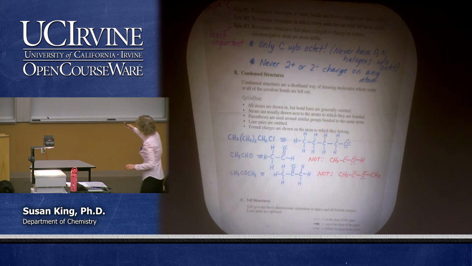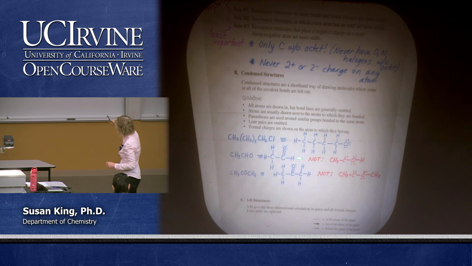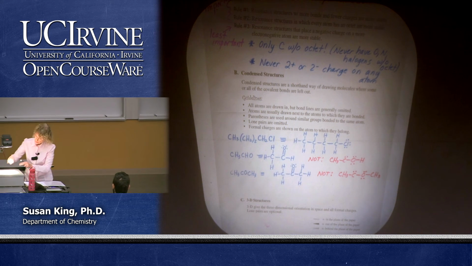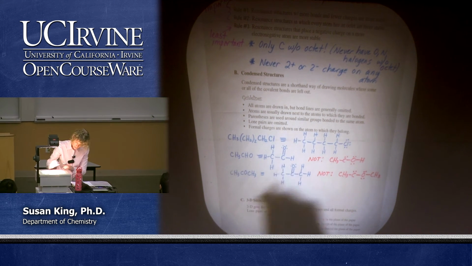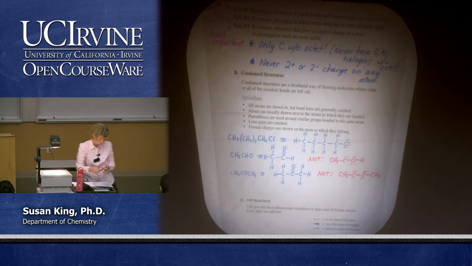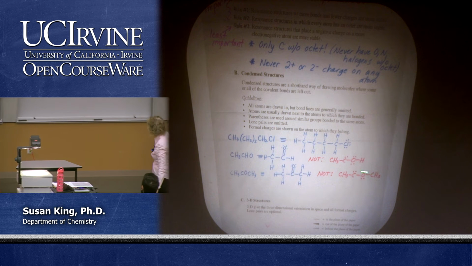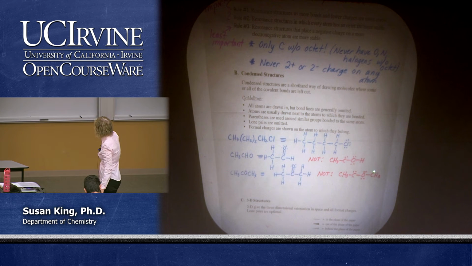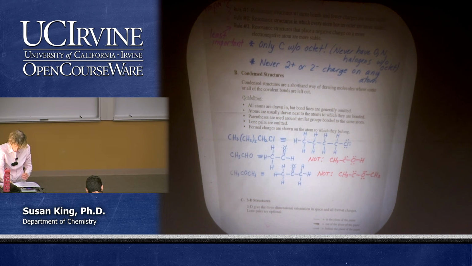Okay, so this is the structure here. Let me erase this right here. This is the structure here. Not this. Okay, and that's just a matter of recognizing this is the way we draw this type of structure. This is the way we draw this type of structure. There's also one more